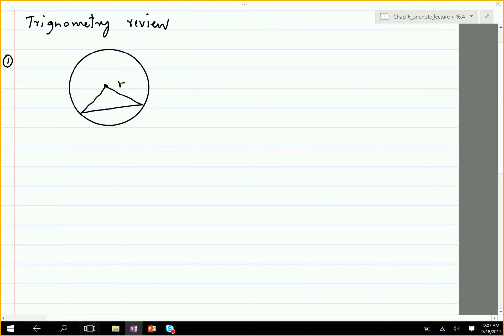So this is a circle with radius r, and theta is the angle between two line segments from the center to the circumference, and let's say that this is r. Oftentimes we want to know what x is if we're given r and theta. So what we can do is